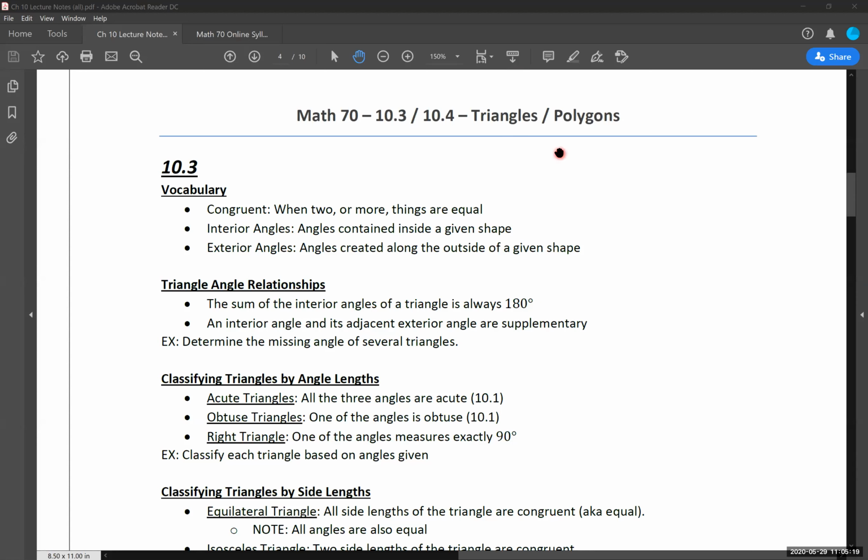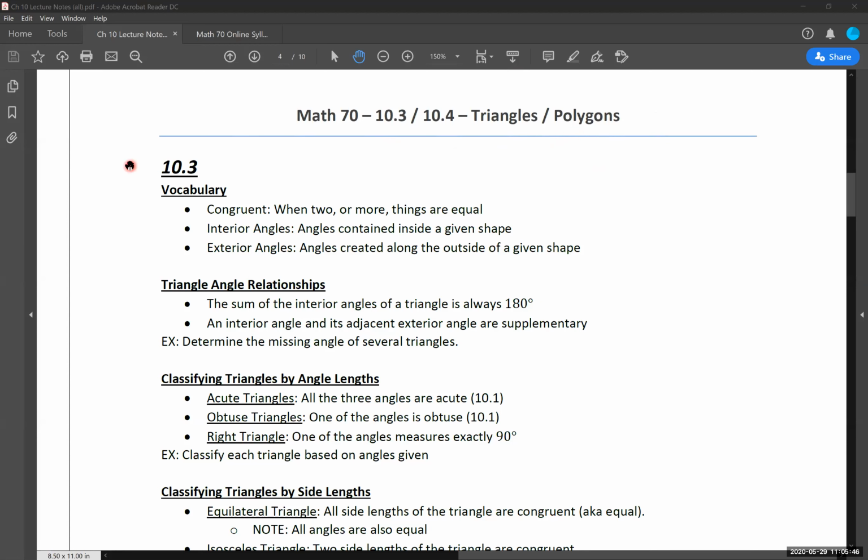Getting things going for today, we're going to be working with 10.3 and 10.4, primarily dealing with triangles, and then the more generalized idea of working with polygons. So working with some specifics and then expanding on that, and then we'll see that once we get into polygons, it's kind of a mess of different things that we can work with in there. So start small and we'll expand.